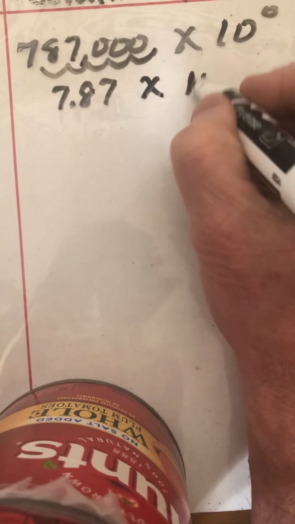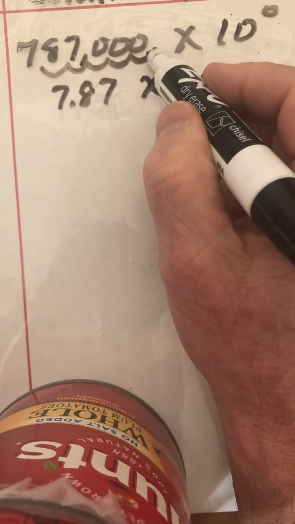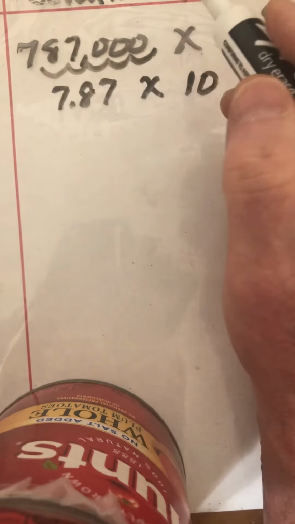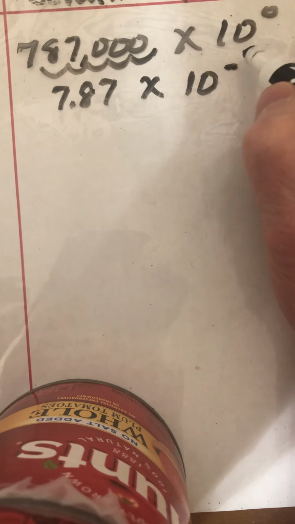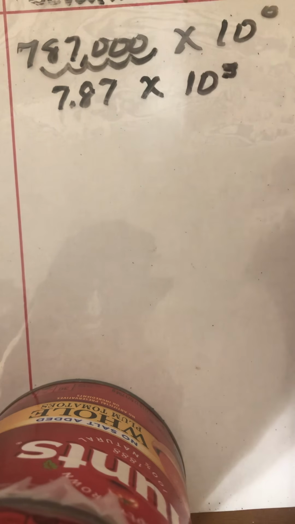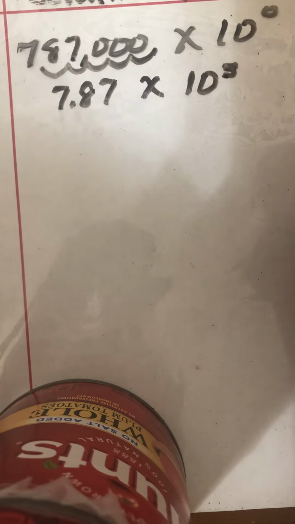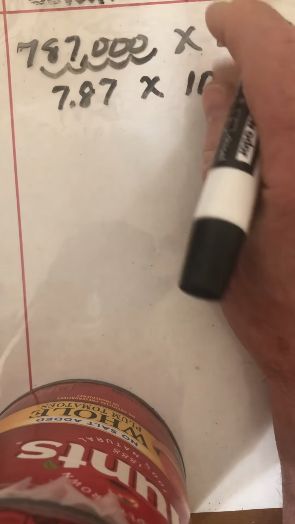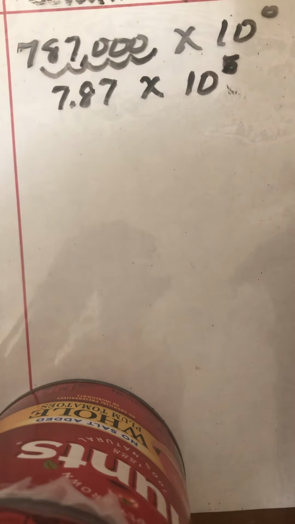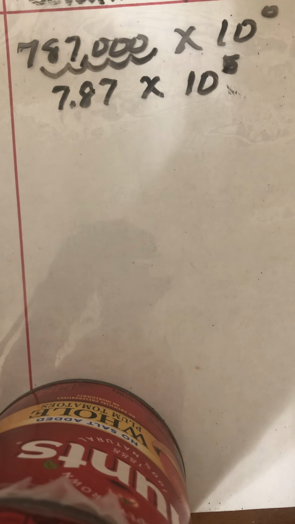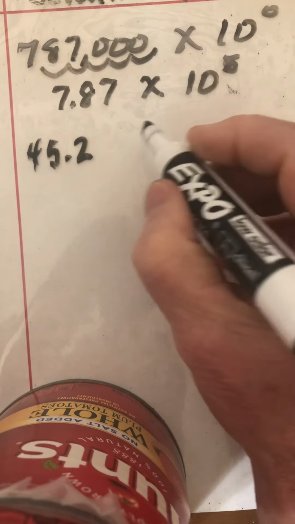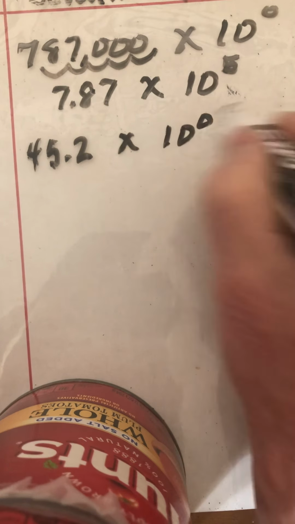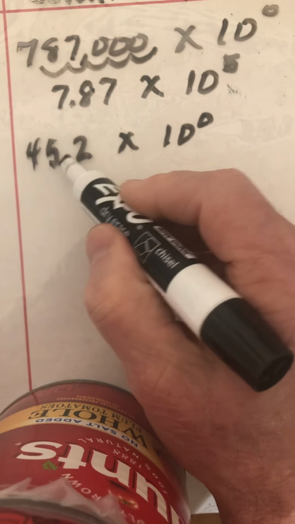I put that times 10, and then because I move this back 1, 2, 3, 4, 5, I also need to change my exponent to a 5 over here. So 7.87 times 10 to the 5th, right, times 10 to the 5th is going to equal the same as 787,000. Right, my next number is 45.2. Right, again, I'm going to go times 10 to the 0. But again, this is not in scientific notation because I have a